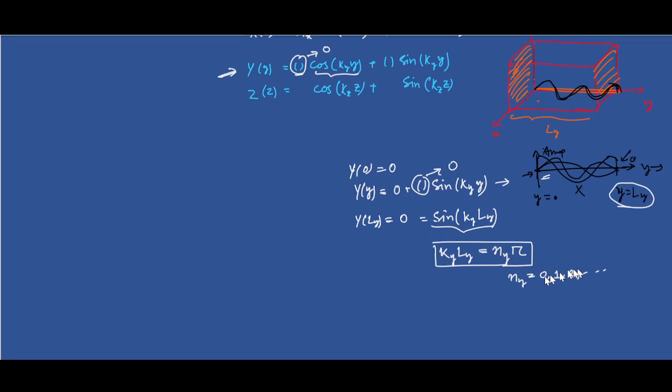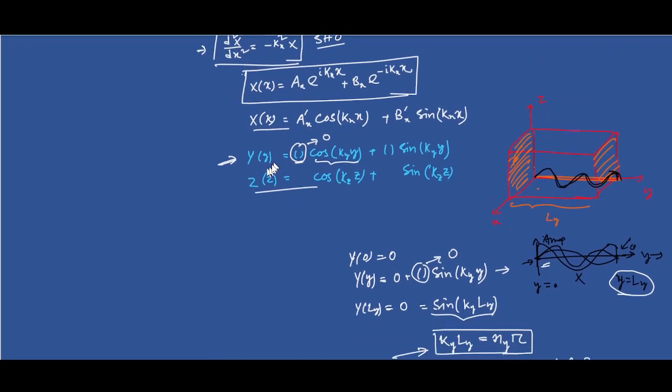For this situation, I cannot consider 0 here because otherwise this will give me the trivial solution. But in the later case, when we find psi, at that time we can allow it to be 0. I'll show you when I completely solve the condition. With a similar argument, we can show for z and x also that